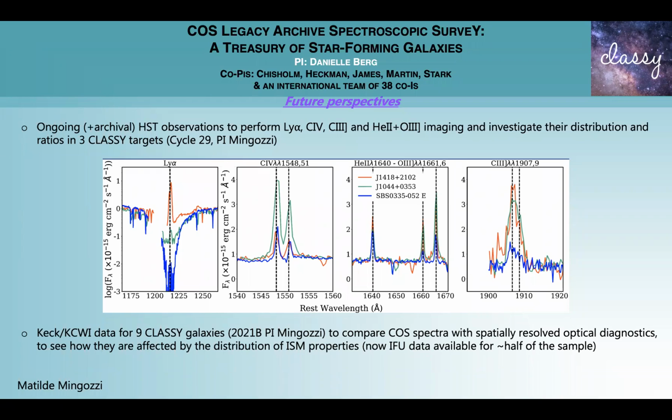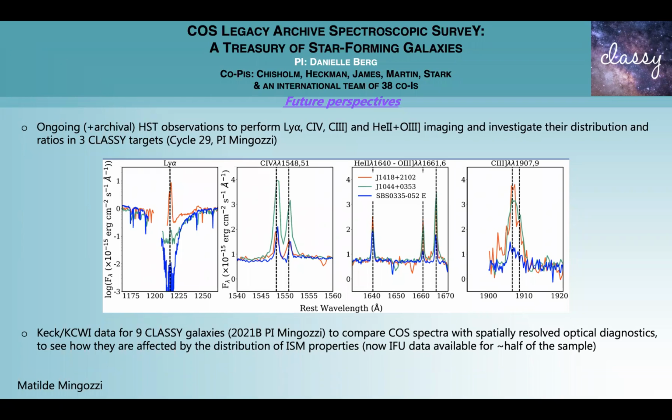This is to do imaging of UV emission lines for three galaxies of our sample that are characterized by three different Lyman alpha profiles, but characterized by carbon 4 emission, helium 2, oxygen 3, and carbon 3 with different line ratios. We'll do imaging of these UV emission lines in order to investigate the distribution of UV properties,